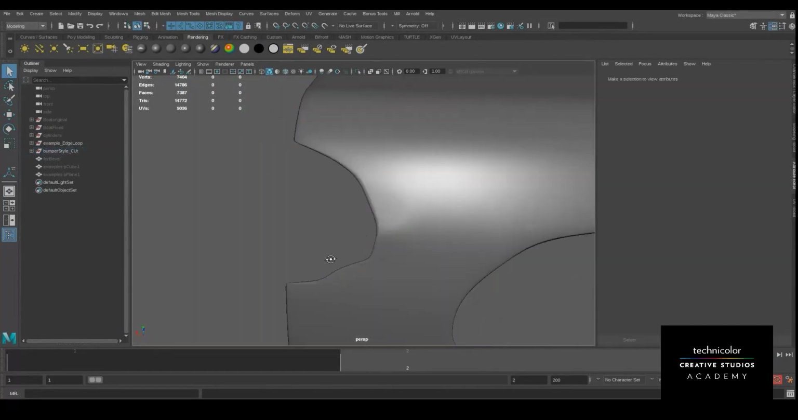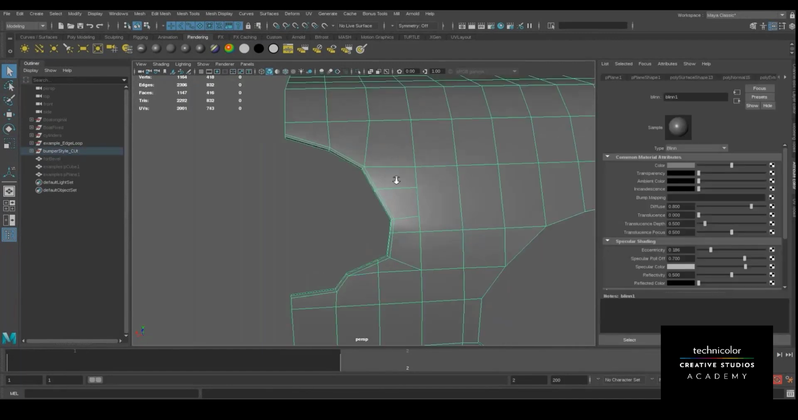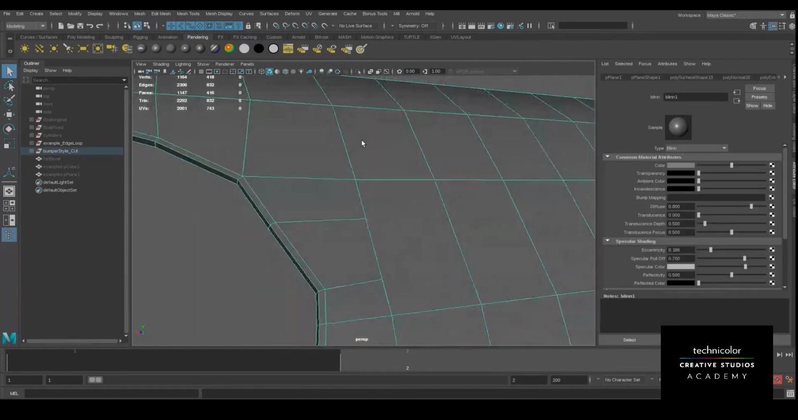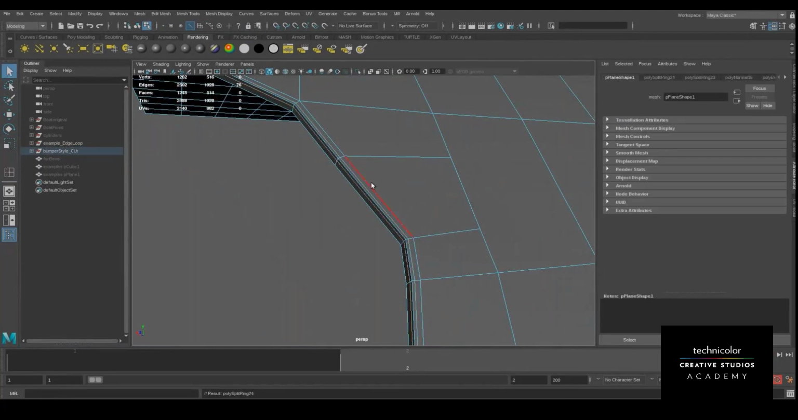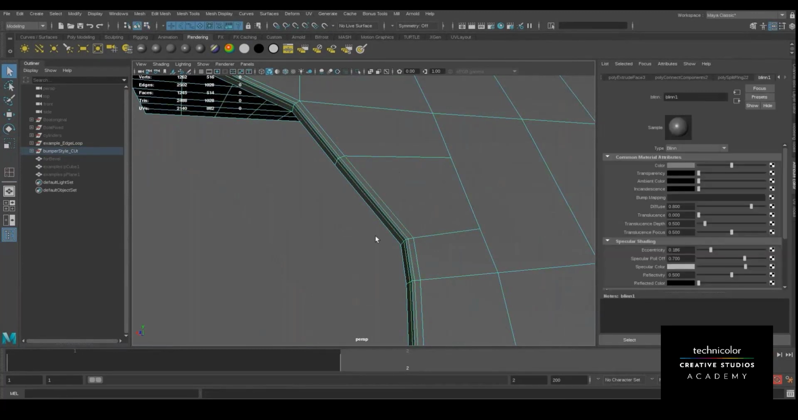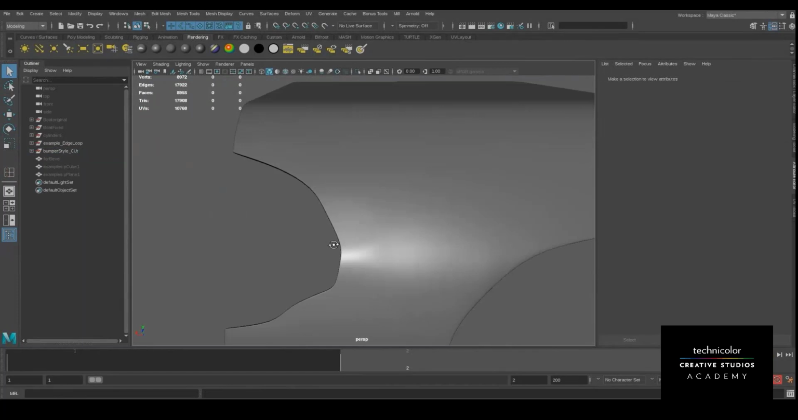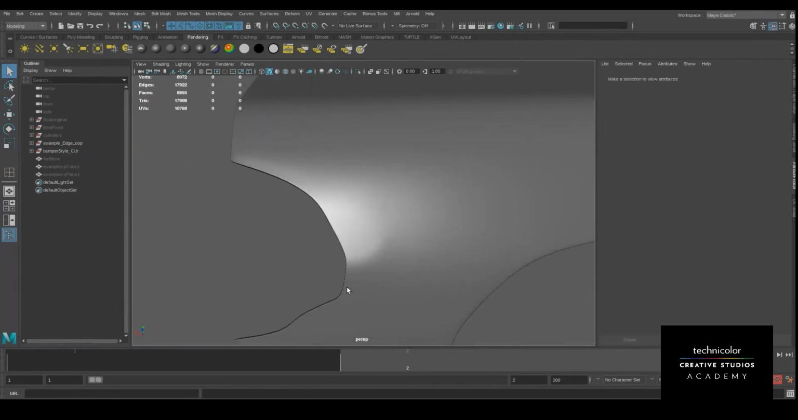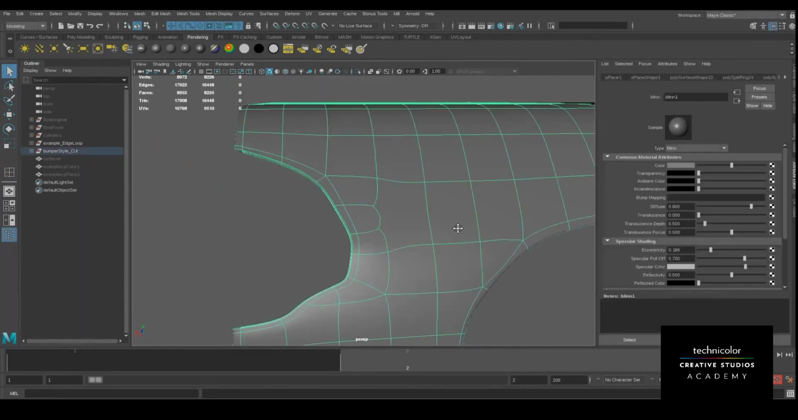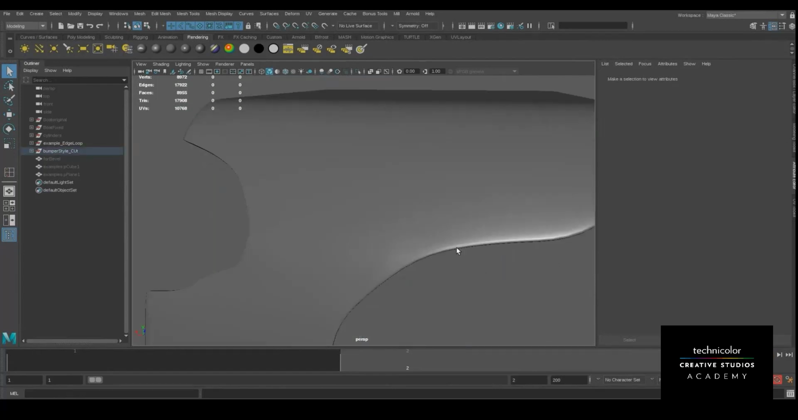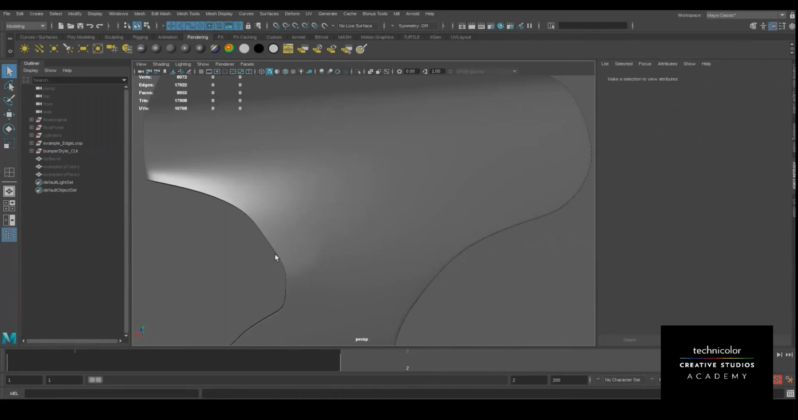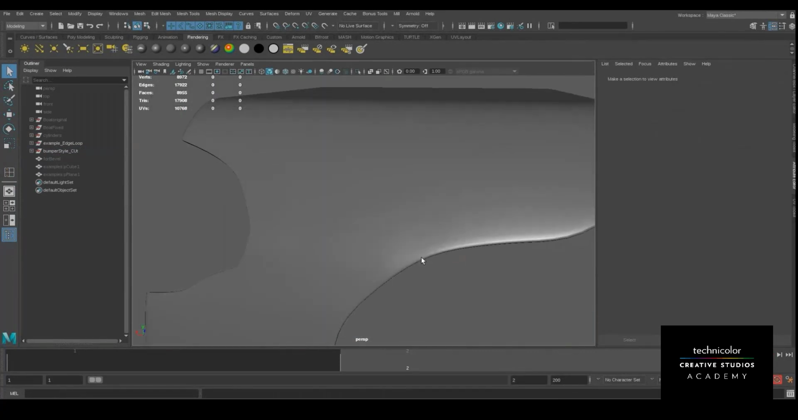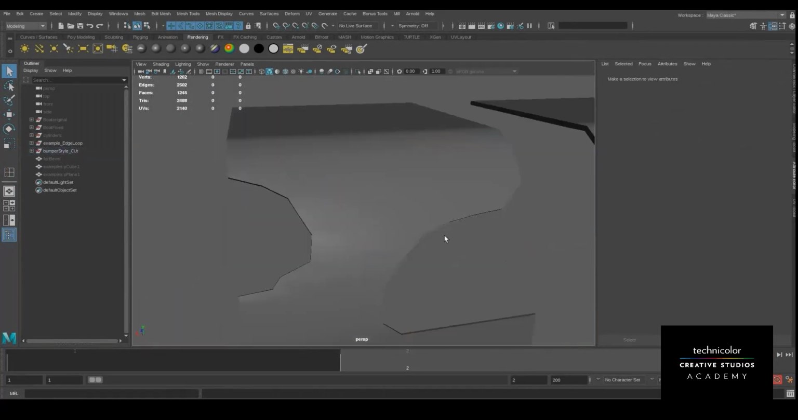As you see, we have enough supporting loops. We are very free to add desired edge loops there to make that edge much sharper. When we smooth, we don't see any of that pinching which we were seeing here, right? So this is much sharper and neater than this. Those are some of the